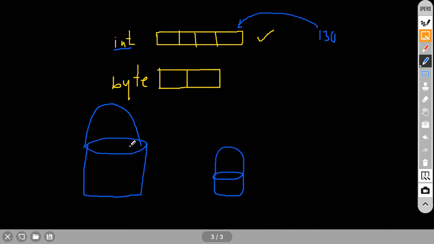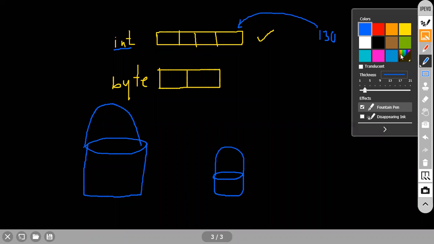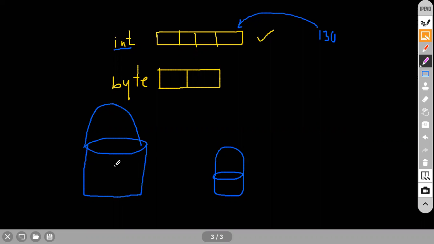I take whatever data is available in this bucket and pour it into this one. Think of 130 liters of water that I want to pour into the byte data type memory. What happens? It will overflow, as it is very small to hold that kind of data.